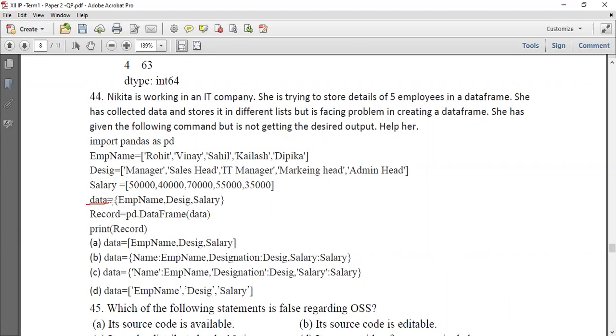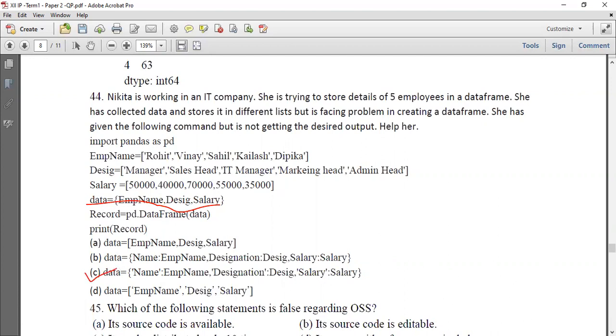Is this the way to store the dictionary? This is wrong. So which is the method of storing the dictionary? In the form of a dictionary, how will it be stored? In curly braces, it will open, and key, colon, value pair. Key will have quotation marks. So in this, B and C are the options with curly braces. So the others, A and D, can be skipped. Among those, I told you key colon value means the key should have a quotation mark. So option C has the quotation marks for keys. So option C is the correct answer.